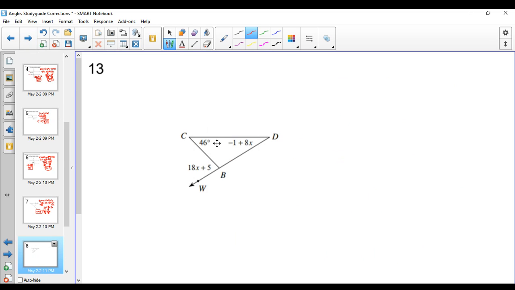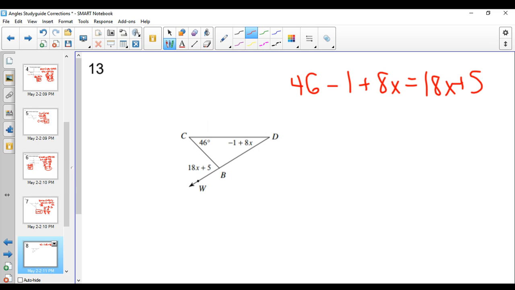Okay, number 13 is a similar type problem to the previous one. We know that the sum of these two interior angles in the triangle is going to be equal to this exterior angle over here. So let's set up an equation to show that. 46 plus -1 plus 8x, but instead of putting plus -1, I'm just going to go ahead and put -1. So 46 minus 1 plus 8x equals this exterior angle here, 18x